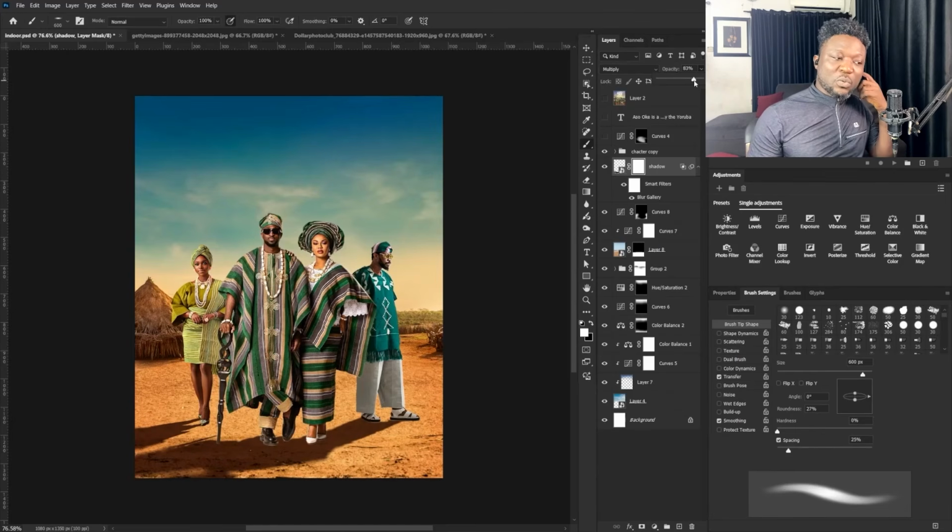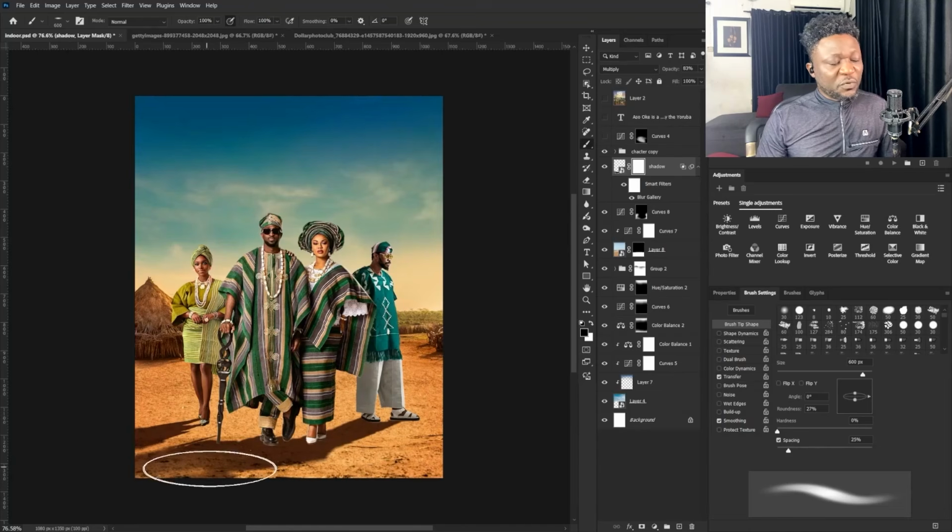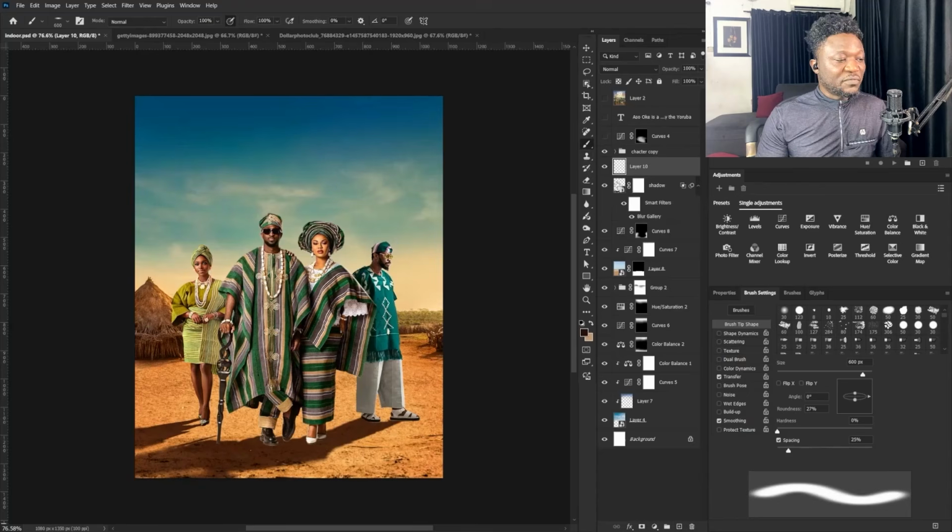So I decided to go back by double clicking on the field blur setting on the layer, to go back and apply the field blur to the part where I want to have the field blur on the layer. So I faded the